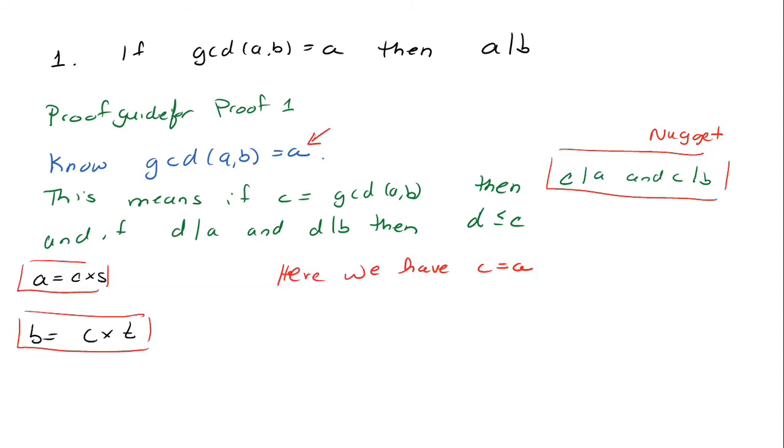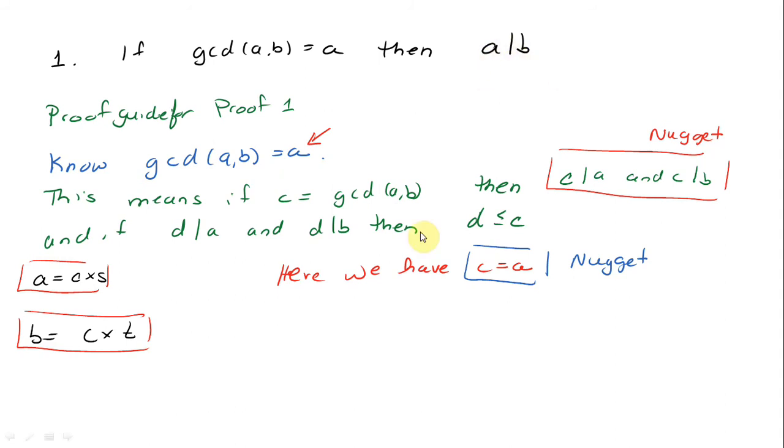So that's expanded as far as I can. I'm going to toss those 2 nuggets to the side. We also have that the greatest common divisor is equal to A. So we also have that C is equal to A, and that's a nugget. So those 3 things are the things I can use to get where I want to go, which is that